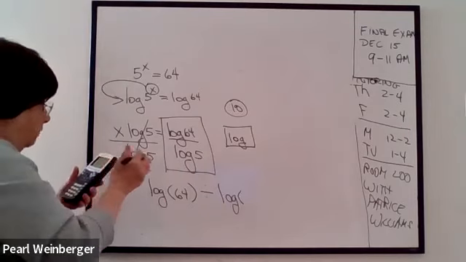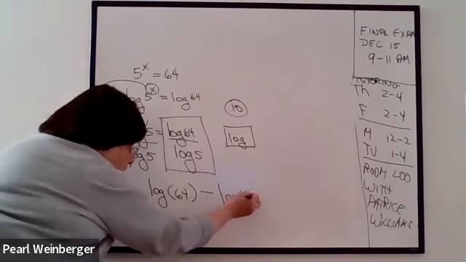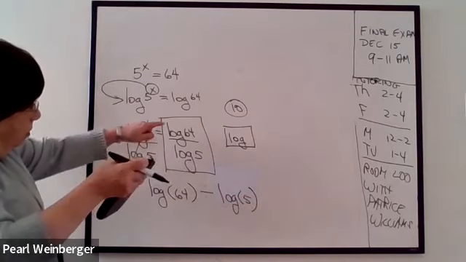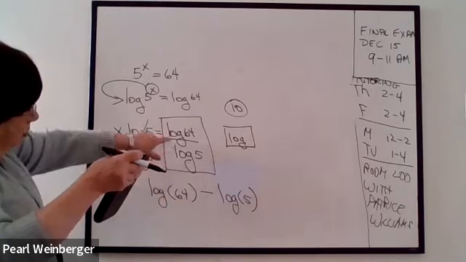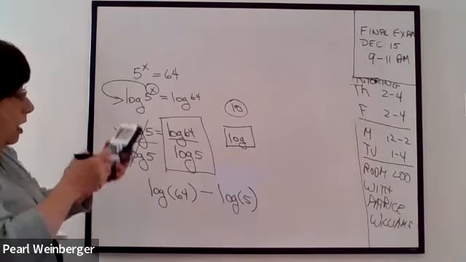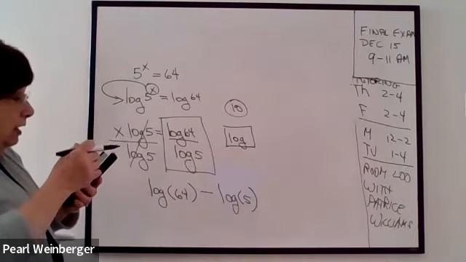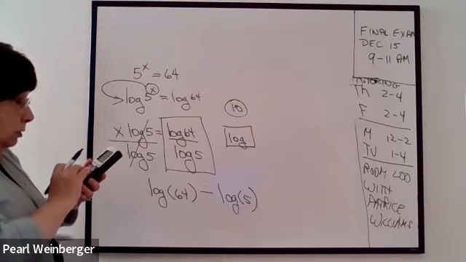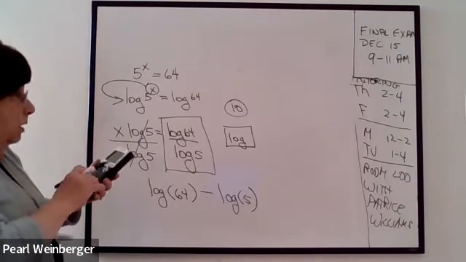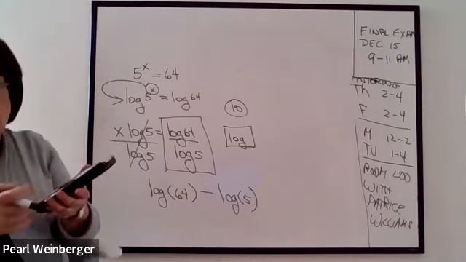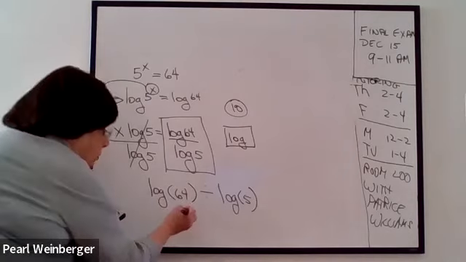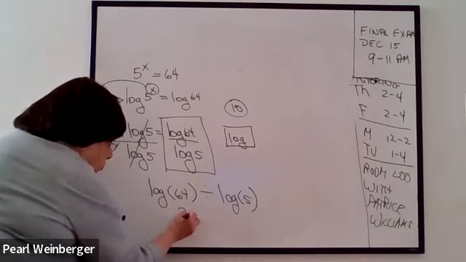And then I put in my 5. And I close my parentheses. So I'm doing the log of 64 divided by the log of 5 on my calculator. I can't do it any other way because I don't know these numbers. But when I press enter, I get a number that looks like this,